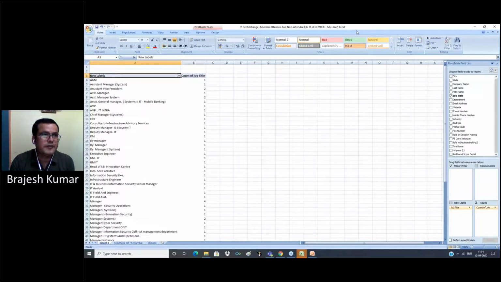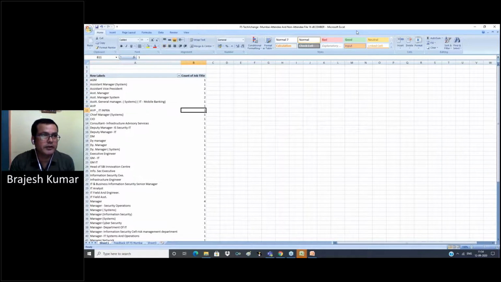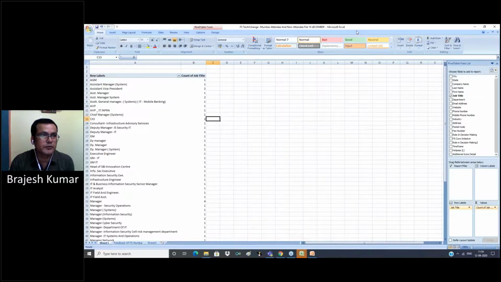Now you can see AGM. How many AGM attended the event? 1. AVP IT. How many AVP IT infra attended? 1. CIO. How many CIO attended? 1. How many GM IT attended? 1. How many managers attended? 4. How many manager system attended? 2. So the pivot table summarizes our data in an organized way so that we can quickly analyze our database,